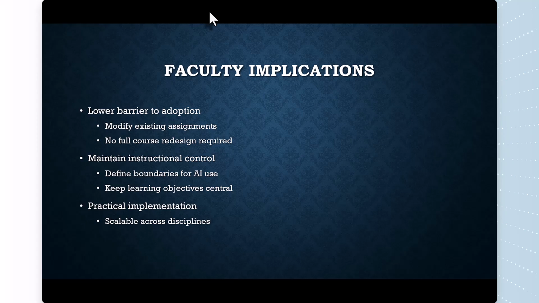Faculty implications include a lower barrier to adoption. We can modify existing assignments instead of a full course redesign. We can maintain instructional control, define boundaries for the AI use, and keep our learning objectives central. From a practical standpoint, this is scalable across disciplines.